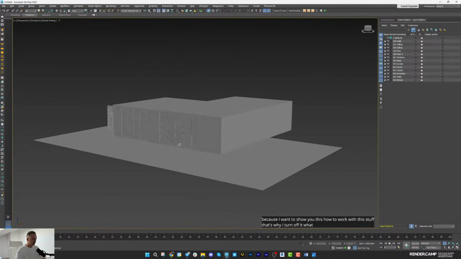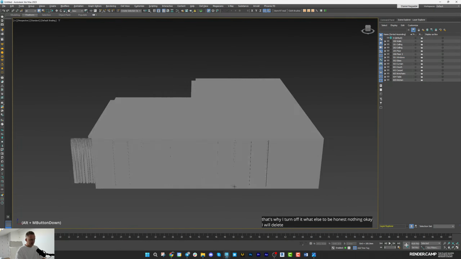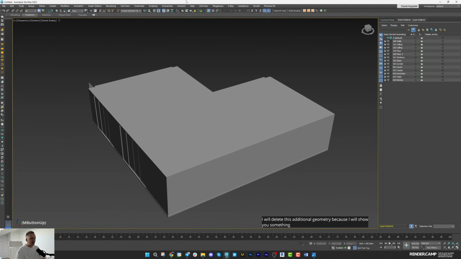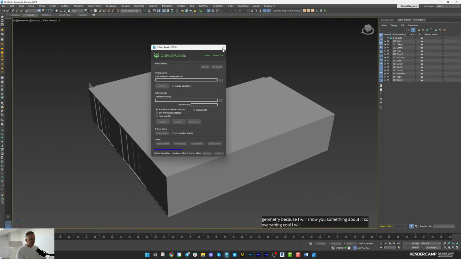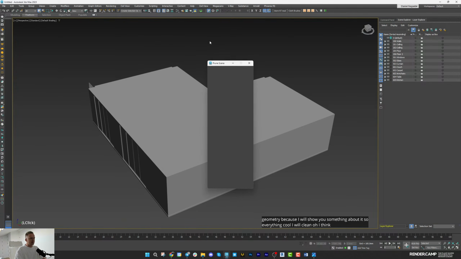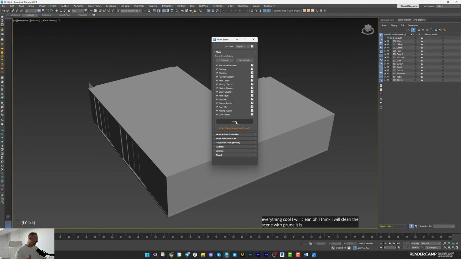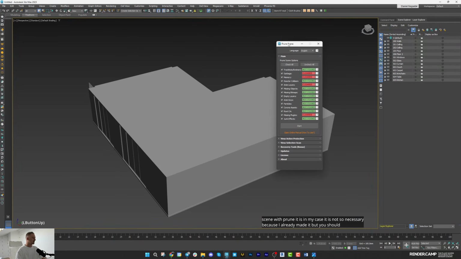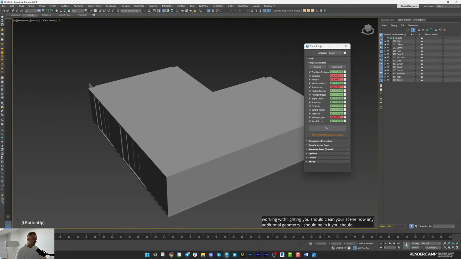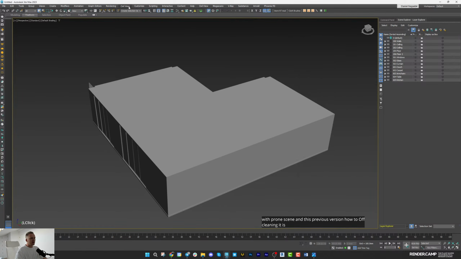What else? To be honest, nothing. Okay, I will delete this additional geometry because I will show you something about it. So everything cool. I will clean this scene with prune scene. In my case, it is not so necessary because I already did it. But you should know, when you start working with lighting, you should clean your scene. No additional geometry should be in it. You should clean it with prune scene, and the previous version of cleaning, yeah, put all this model into a clear scene. It is really important. Of course, you should check